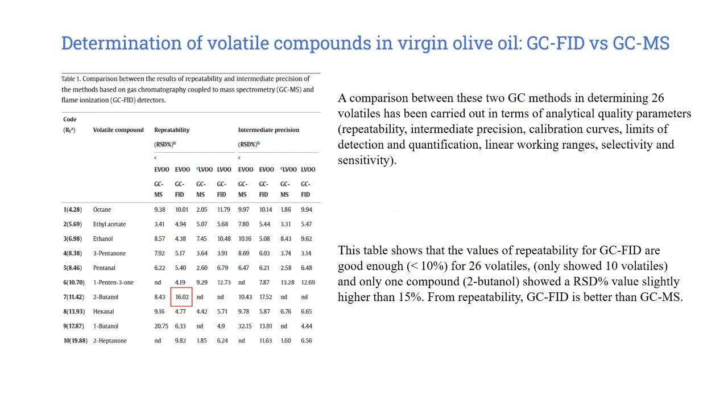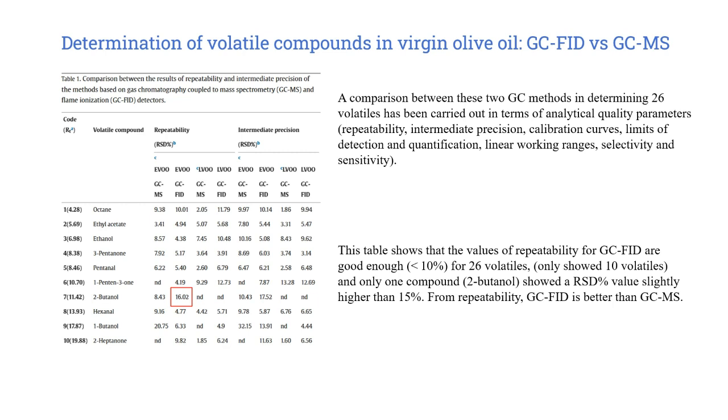This is a research about the determination of volatile compounds in virgin olive oil, GC-FID versus GC-MS. This research shows a comparison between these two GC methods in determining 26 volatiles, carried out in terms of analytical quality parameters. It includes repeatability, intermediate precision, calibration curves, limits of detection and quantification, linear working ranges,